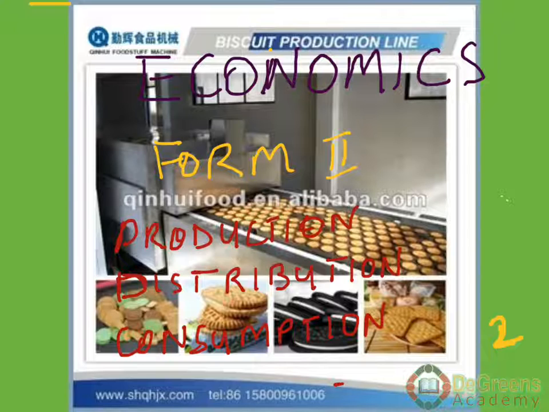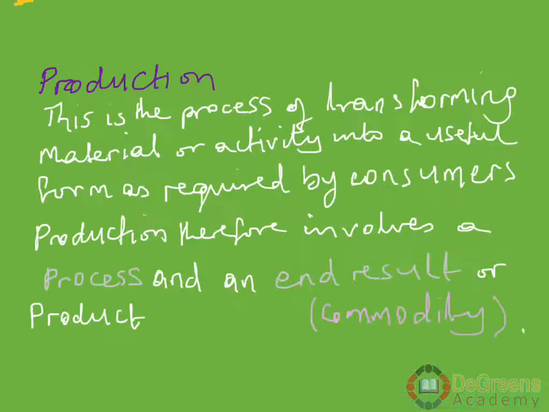So on this cover page, this is a production unit. They produce biscuits. After this production, the producer will not keep the biscuits inside. He's going to either display them in the bakery shop, or he'll parcel them beautifully and send them out to other shops. That's distribution. And it is only through that the consumers will have access to it and consume. So we are looking at these three keywords.